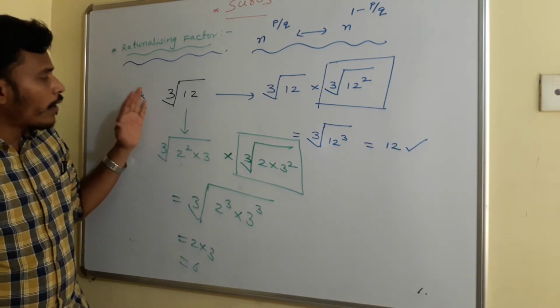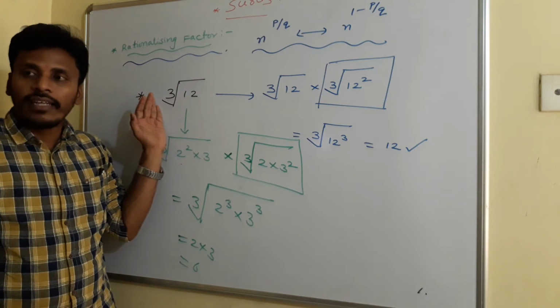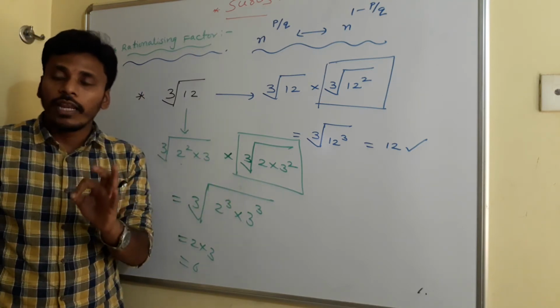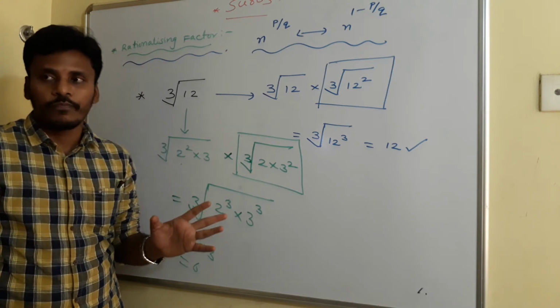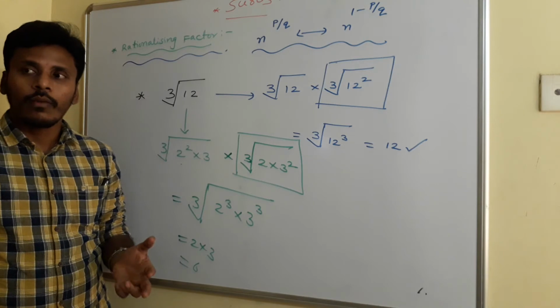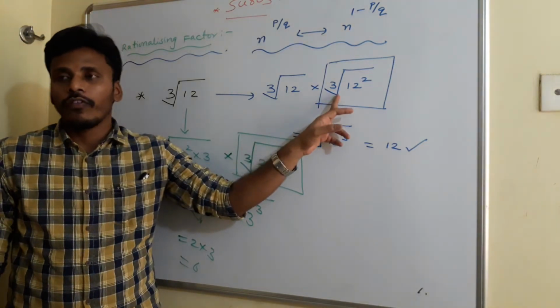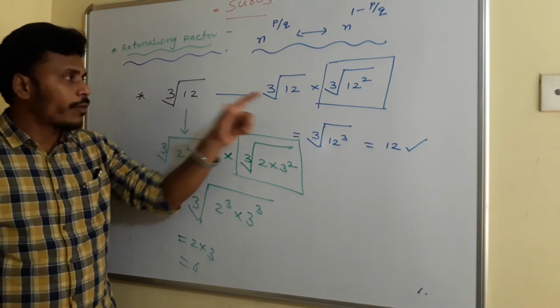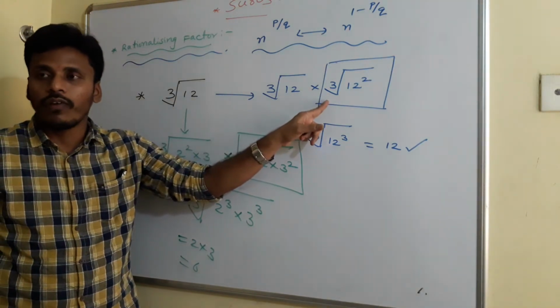For example, if you have cube root of 12 in your hands, to find the rationalizing factor, to get a rational number, you need to maintain every number 3 times under this cube root. Given 12 under this cube root, you need to get 2 12s more. So you need to multiply with cube root of 12 square, and the result is 12, a rational number. So the rationalizing factor of the given problem is cube root of 12 square, cube root of 144.